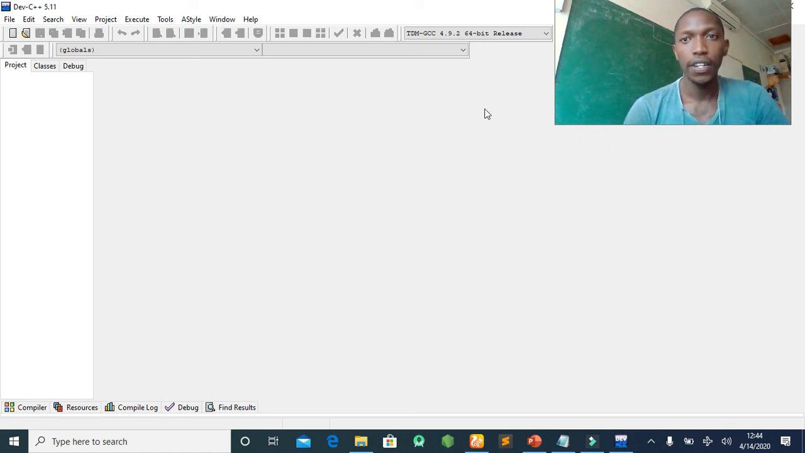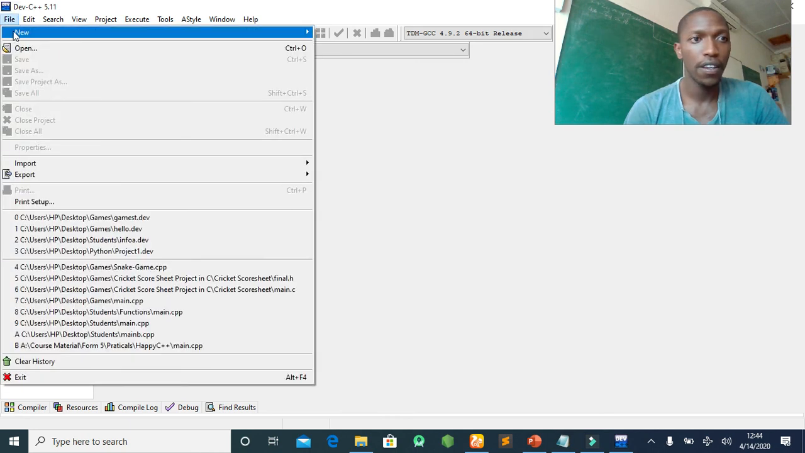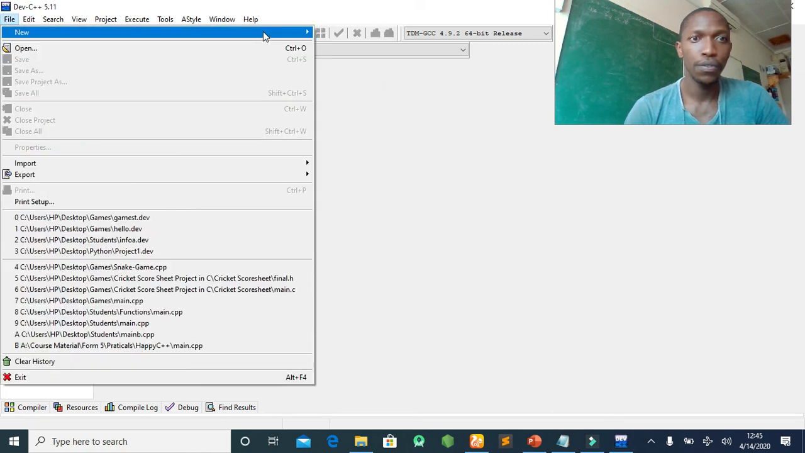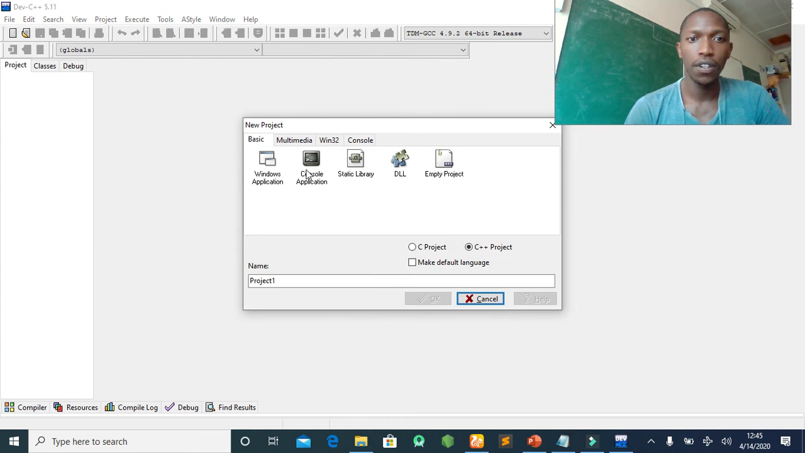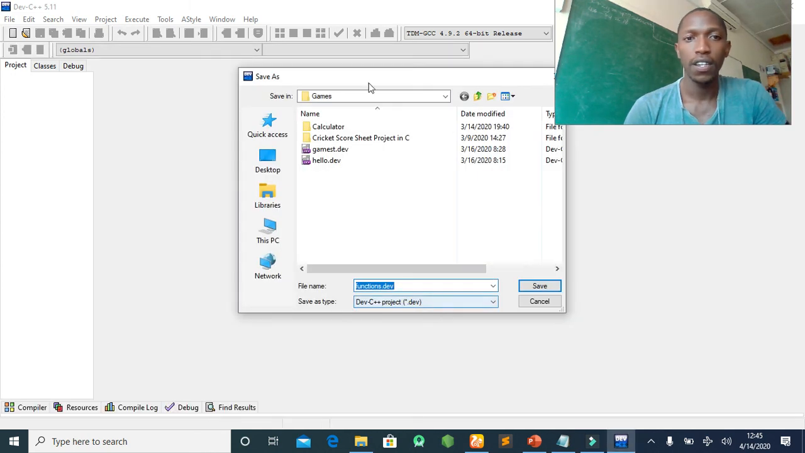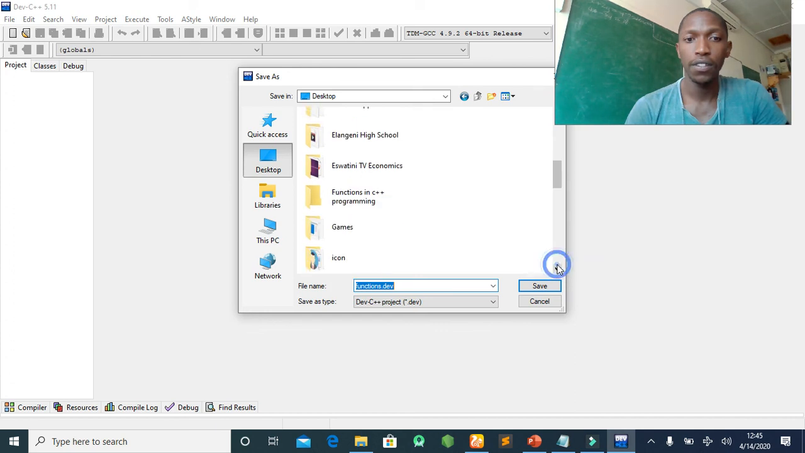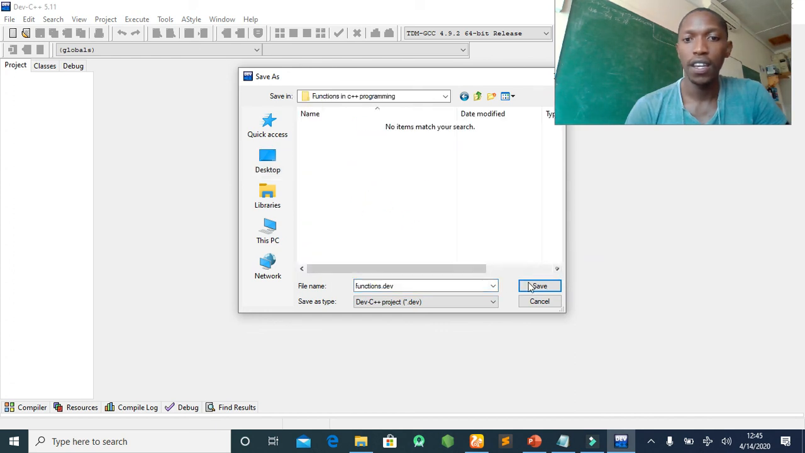So let us quickly illustrate how it goes. We say file, new project, console, give it the name functions. Make sure console is clicked there. Always console must be clicked in blue highlighted, and say OK. And then we have to browse where to save our project. Go to the desktop, locate the folder we've created, mine being functions in C++, and then I save my piece